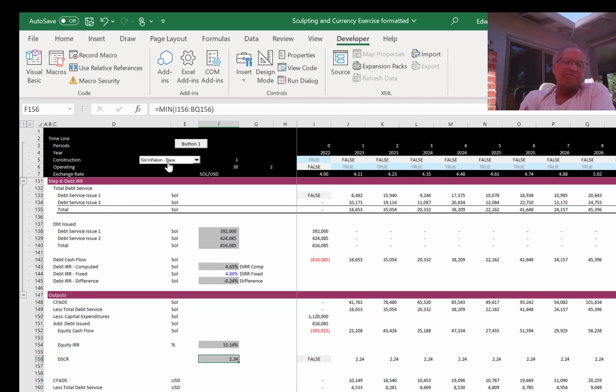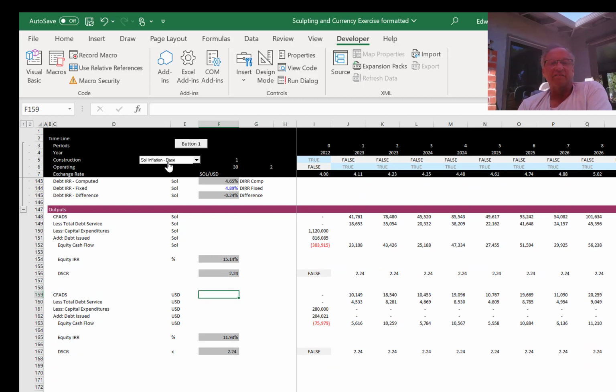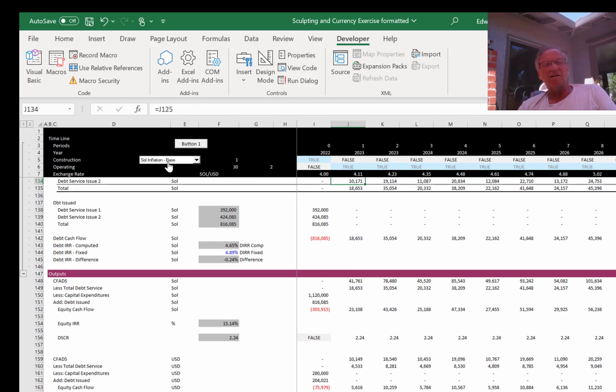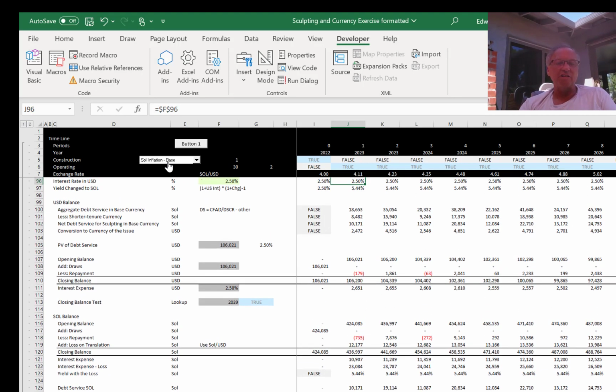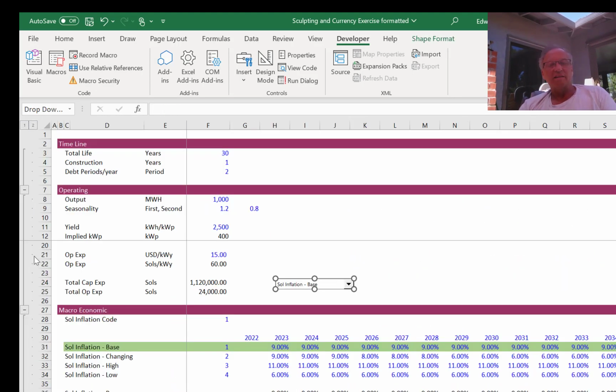But finally, at the very end of the day, we get our DSCR. And we can do this in soles, and we can compute our equity IRR in soles. And this is kind of interesting. We can do our DSCR in USD, and we get exactly the same thing. Now, since our yield was effectively higher on the USD than the soles, let's change this